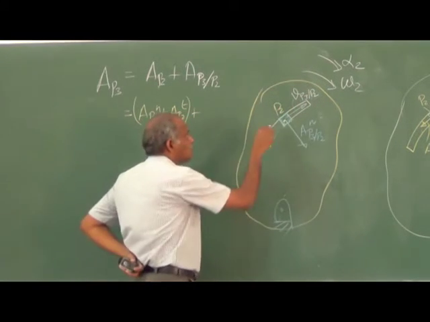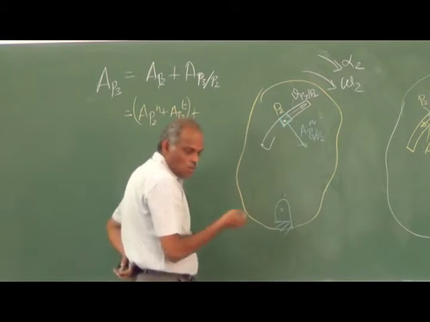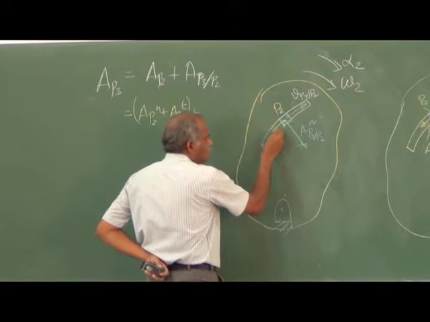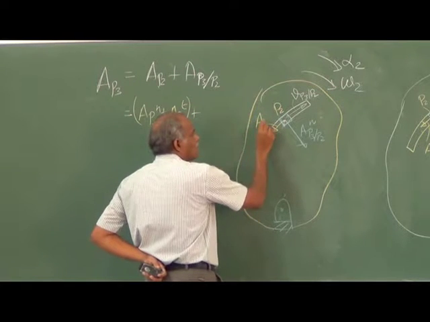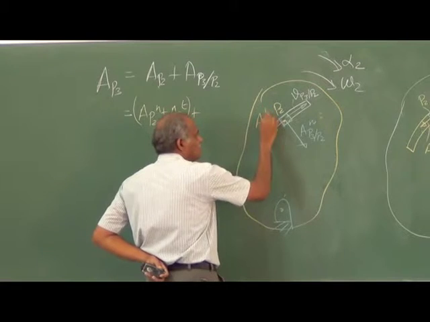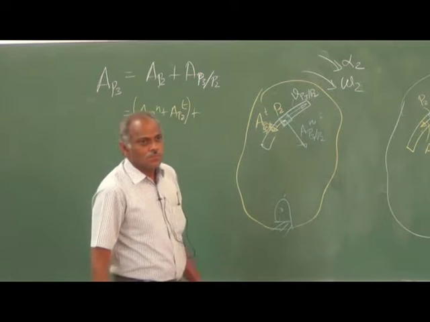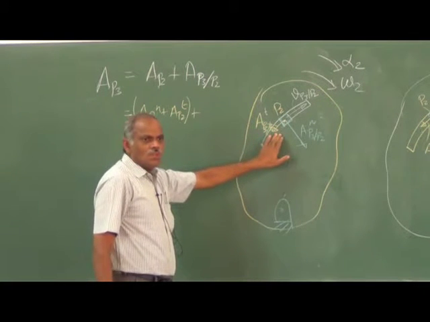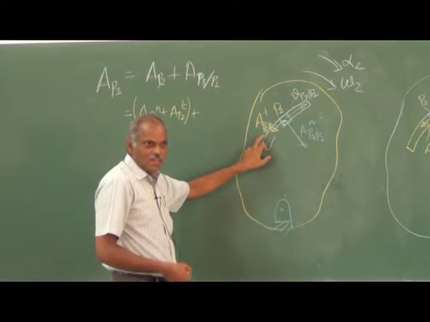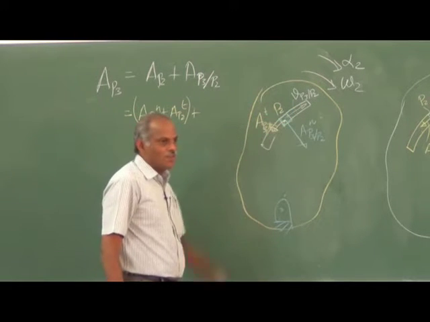But apart from that, if this slider has its own acceleration, that is to say it is decelerating, you will have an acceleration like this. This is acceleration of P3 with respect to P2 tangential. This is not calculated, it should be given. You have to say that this is accelerating in this way. This velocity should be given.